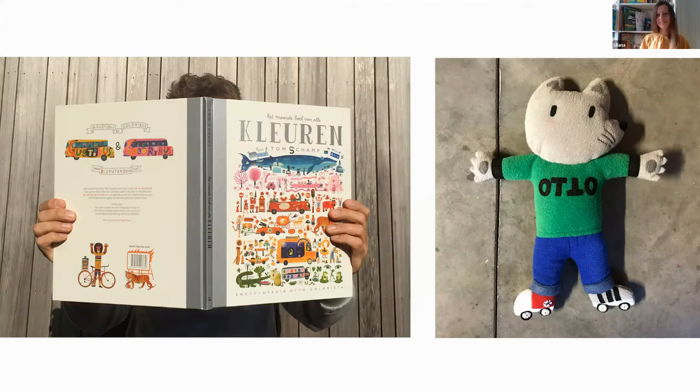And what I still had to say is there is a character in it, Otto is called, that already follows me since 2007. I think I made my first book about Otto. And so every time I say, this is the last time I'm going to use Otto, but I will never say never again, because the good thing about this character is it's a little gray cat, and he's, especially for a book about colors, he's very,